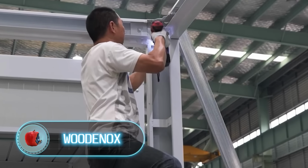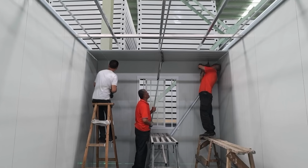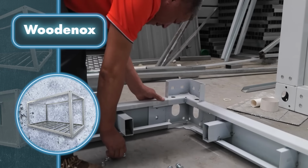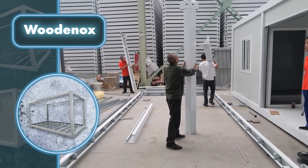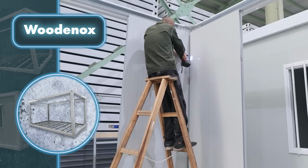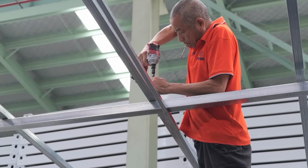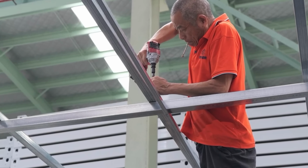Woodenox. You're looking at experts from Woodenox who can put together their prefab homes blindfolded. But that doesn't mean the process will be a lot tougher for everyday people. The houses from the company don't really have any complex parts that need tools requiring serious training to assemble. In the video, almost everything used to build the house is done with just a power drill and a ladder